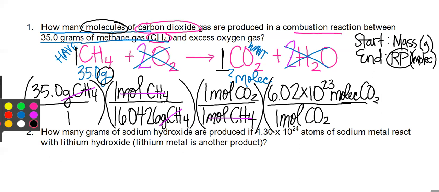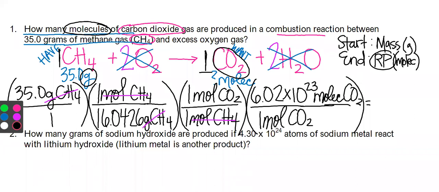So it's still a want step. But the difference now is that we don't need to find the molar mass of the CO2. We're going to use Avogadro's number instead. So now to solve, we have to use our double E button on our calculators at the very end. The way I would type this in your calculator: 35.0 divided by 16.0426. The 1 over 1, we can just forget about ones. But then times 6.02 double E 23. And you should get for your answer,